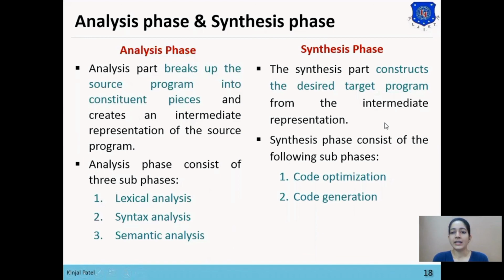Then that intermediate representation passes the output to code optimization, which is our fifth phase, and code optimization reduces the size of the code, and passes that reduced code to code generation, which is our sixth phase. Code generation then converts the source program into the target program, which is our assembly language or machine language.